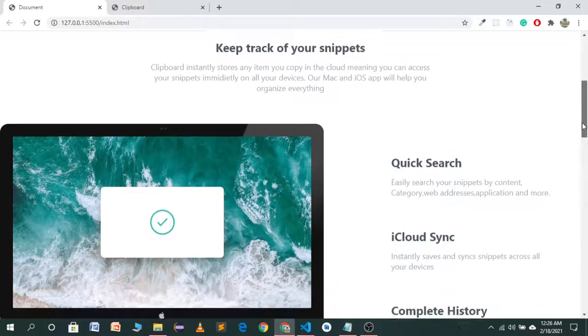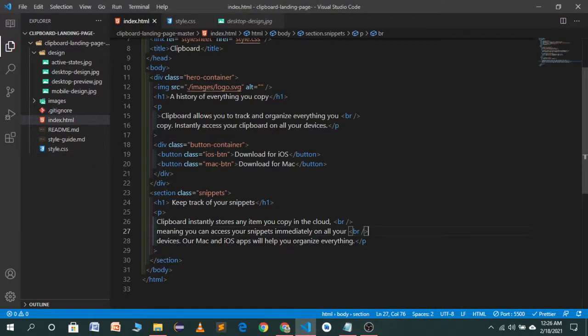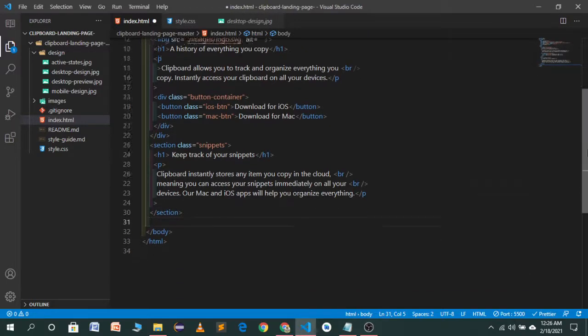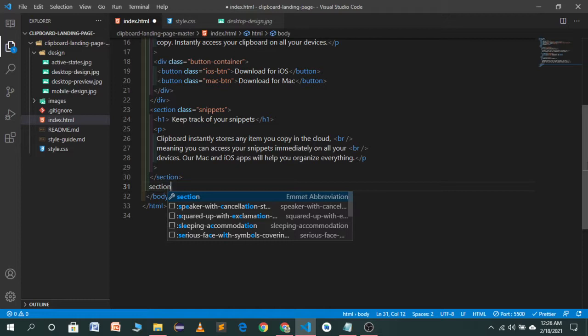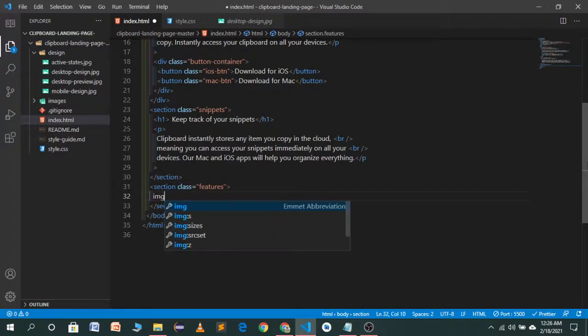So for this we have to create another container. So move to the third part of our website, which is a features section, and this section will contain two things.